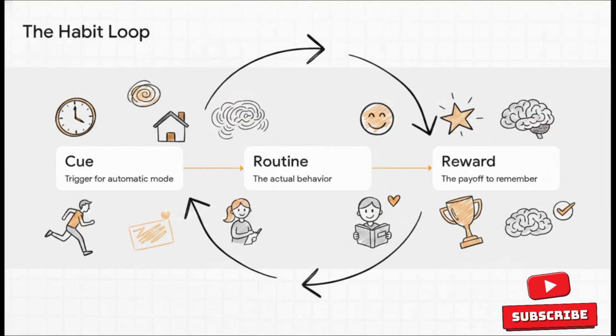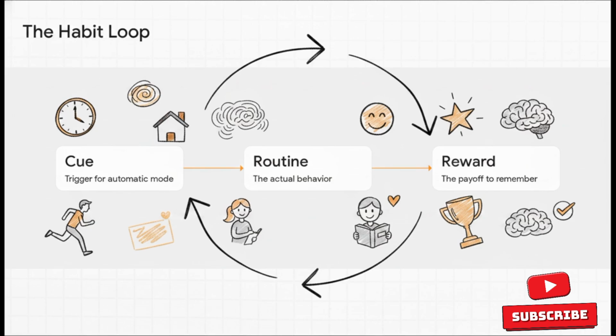So now that we know where habits live and why our brains create them, we really need to look at the core floor plan. Understanding this specific floor plan is the absolute first step to taking back control of your mental architecture. Simply put, you can't change a habit until you can clearly identify its individual components. Every single habit you have, good or bad, follows this exact three-step sequence.